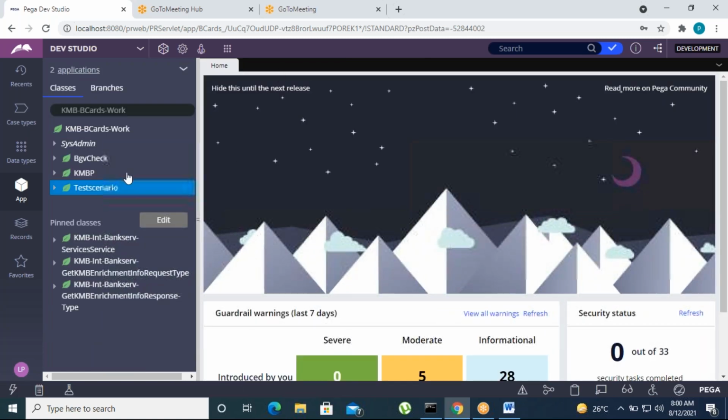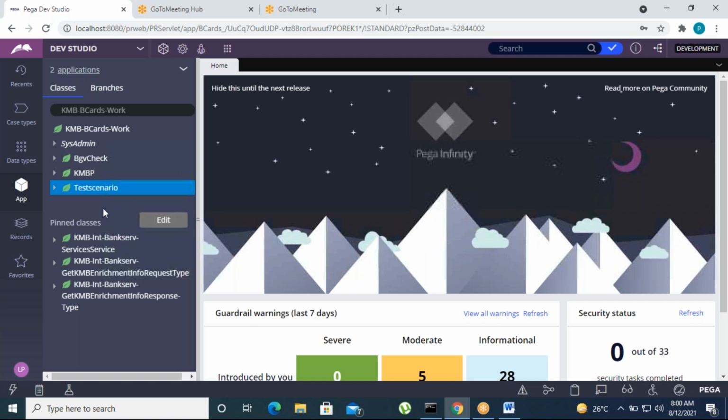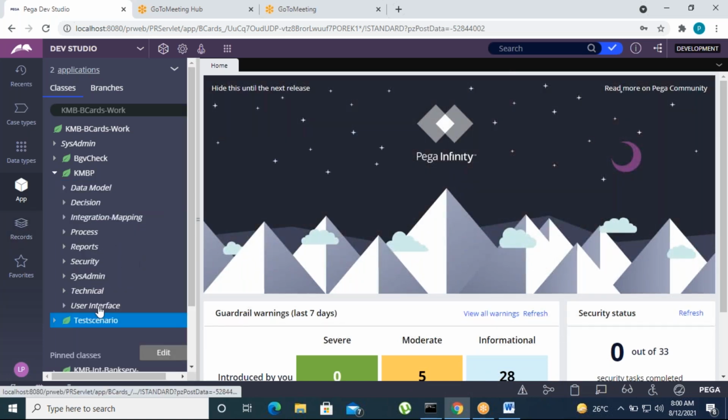Okay, let's move on to declare trigger and one more, declare constraint, right? So declare constraint is nothing but we can use for validation purpose. Suppose, for example, in your application we already created some validate rule, correct?